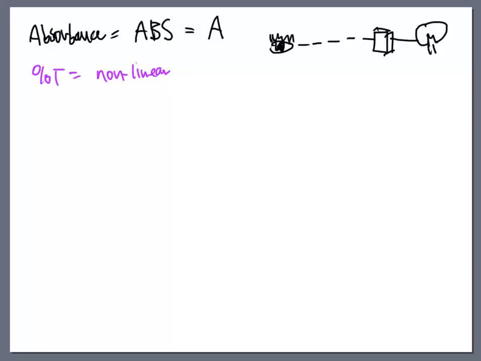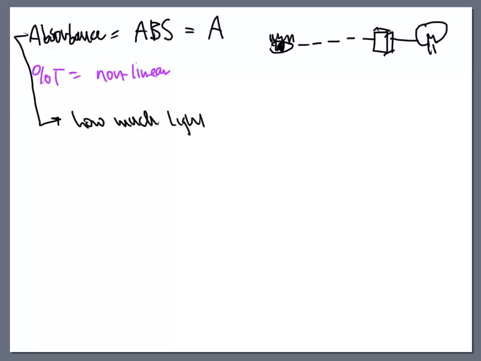Absorbance is a different take on it. You often hear the old saying, the cup half full and the cup half empty. It's all about the point of view. We've got two different points of view here. One is transmittance, that's the cup half full. The other one's absorbance, that's the cup half empty. And we found out that absorbance is better to look at. So instead of looking at the incoming light and the outgoing light, we look at absorbance, and that absorbance basically means how much